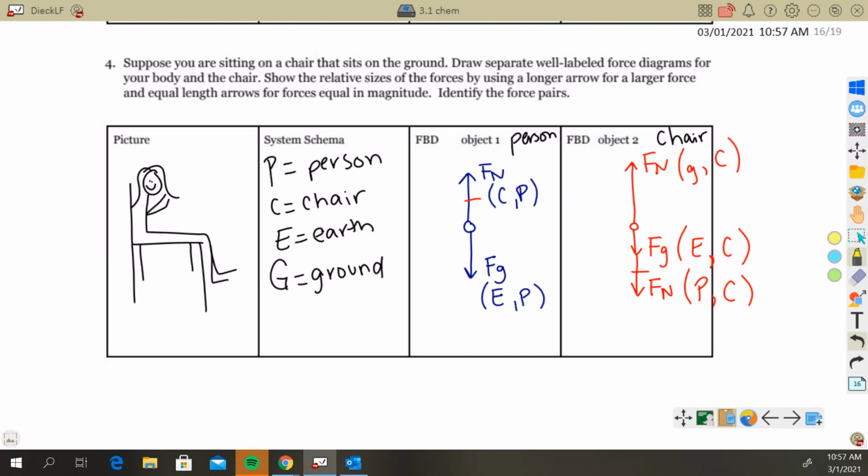Force normal. Which ones? The person. The one on the person? So force normal here, and the other one with the chair and person. Okay. Very good. Awesome. Are we feeling okay about this? Ish? Getting there? All right, so tomorrow,